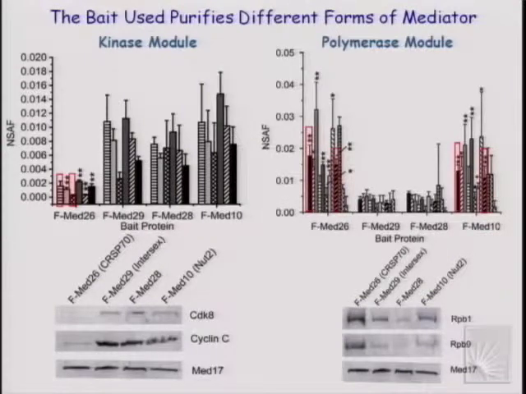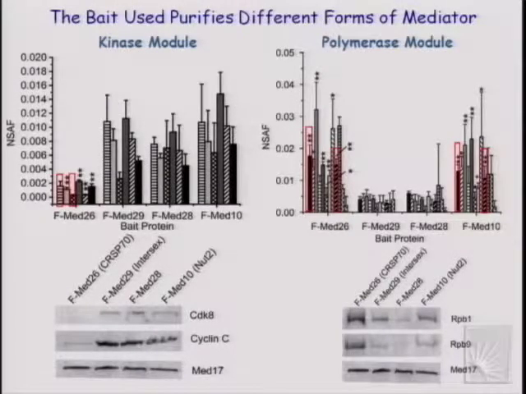With RNA polymerase II, there are 12 subunits, named 1 through 12, going from largest to smallest. We're getting statistically significantly more RNA polymerase II associated with Med26 than we are with, say, Med29 and Med28. And Med10 and Med26 may have somewhat similar levels. We can validate that to a certain extent by the semi-quantitative Western blotting with Med26, with RPB1 and RPB9, which